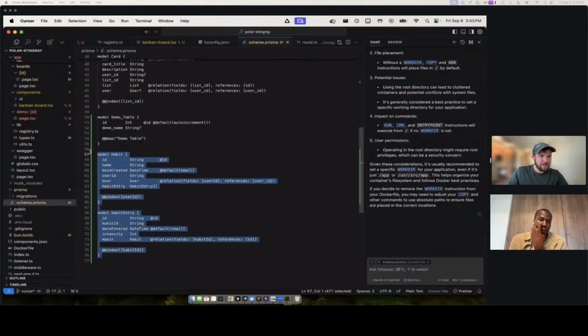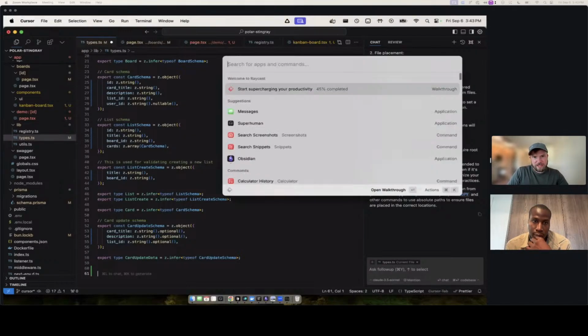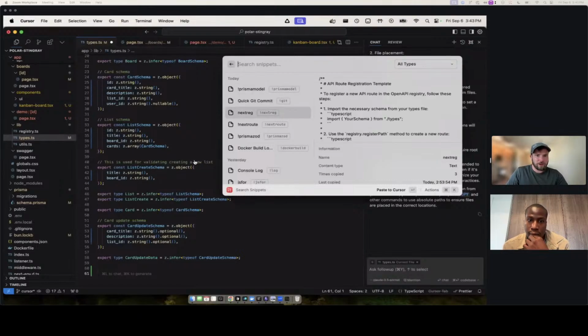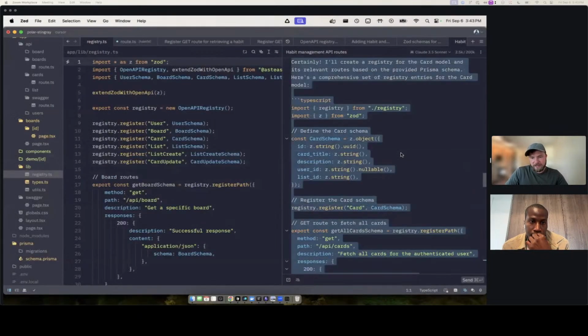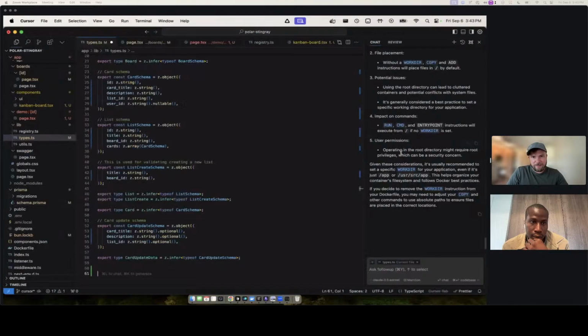So once we've done this, we have these new models in here. We can then go to our types file because we want types for those as well. And the workflow is the same. Let's pull up some Raycast snippets. In Zed, I was working with this earlier. Zed has a really nice option for pulling in prompts, so you can just add the prompts directly in Zed. It's kind of the same, you just need somewhere to save your prompts.